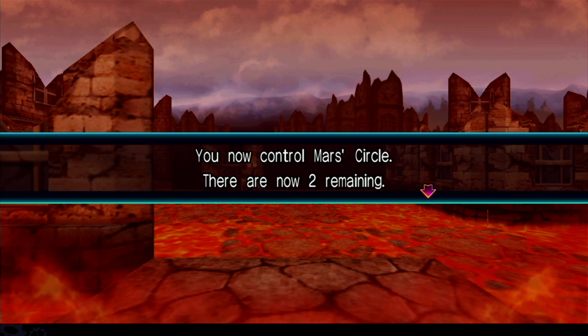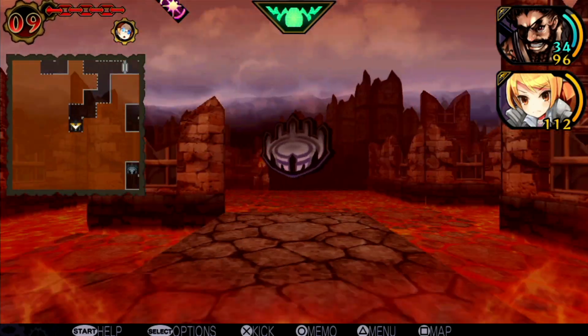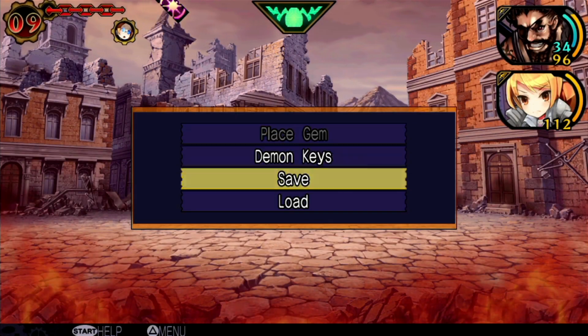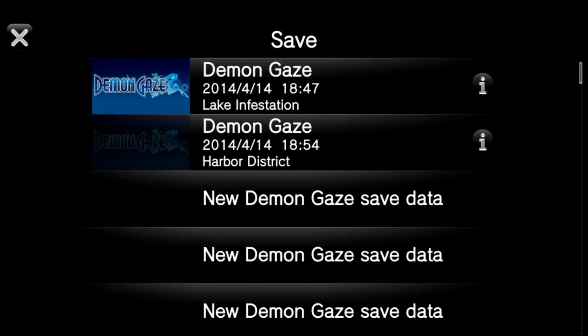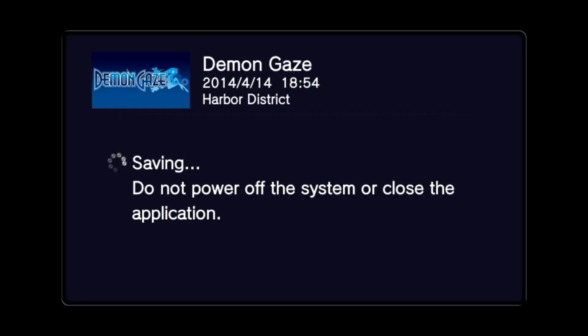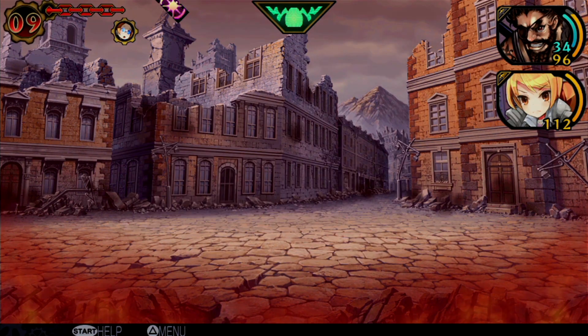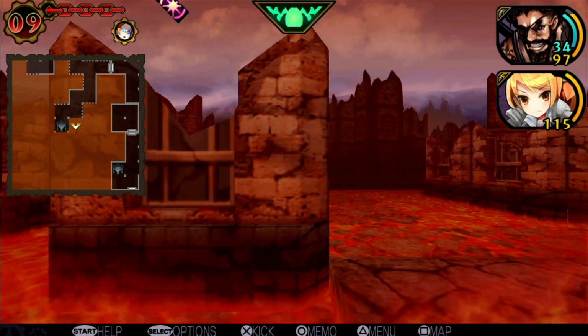There we go. I now control another Mars circle, which means that what I should do is just go back in here and save. Save often, that will be my advice. But yeah, pretty much what you guys have been seeing up until this point is what you can expect out of Demon Gaze. And the thing that surprised me the most is that...